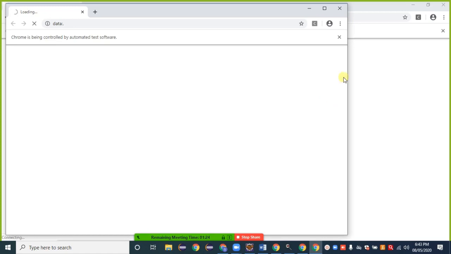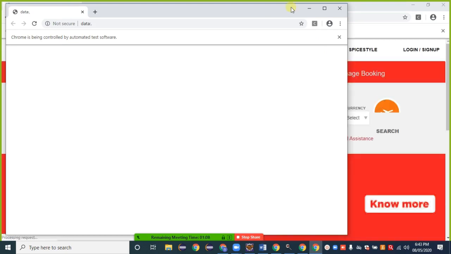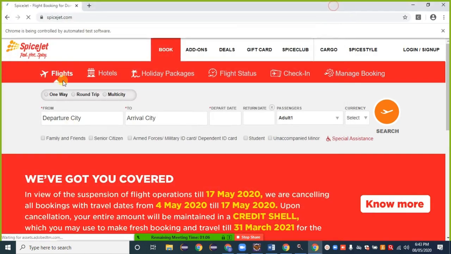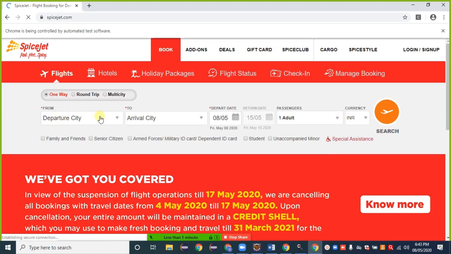Maximize. I clicked two times, so since two browsers, that action took place two times. Here the home page gets open for a spy check. So I need to inspect that one and do a click action on that departure city.